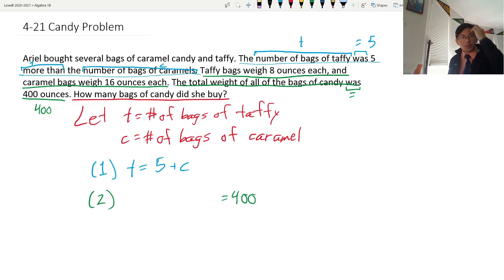Okay, so we want to know where all the weight comes from. So the total weight comes from this. The total weight is equal to 400. And of course, you might not be writing this all down every single time, but this is what's going through my brain as I'm doing this. Here's my question. What is contributing to the total weight? Well, at least as far as we're interested in, we only care about the candy. So the total weight must come from